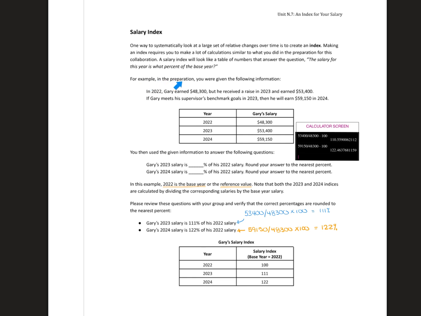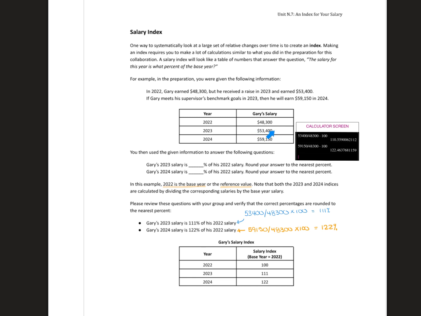In this example, in 2022 Gary earned $48,300, but he received a raise in 2023 and is now earning $53,400. If Gary meets his supervisor benchmark goals in 2023, then he will earn $59,150 in 2024. Using the given information, we want to find what percentage Gary's 2023 salary is of his 2022 salary, and what percentage his 2024 salary is of his 2022 salary, rounding each answer to the nearest percent. So in 2023, Gary was making